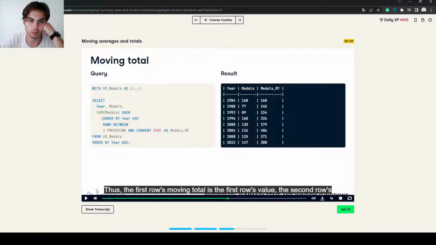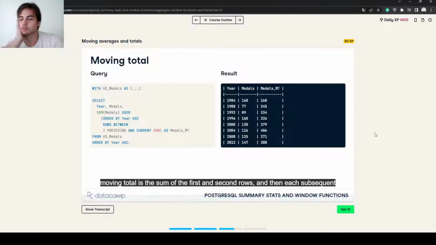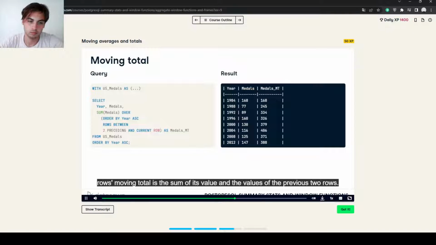Что такое thus, блять? Что это за хуйта? The second row's moving Thus. Что за сокращение-то? Таким образом, total is the sum of the first and second rows, and then each subsequent row's moving total is